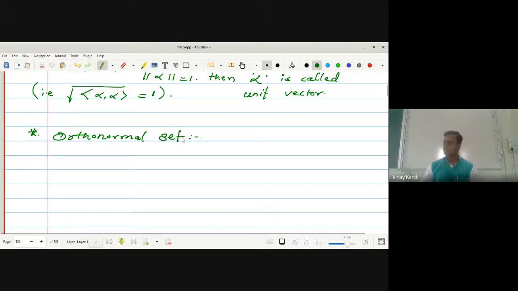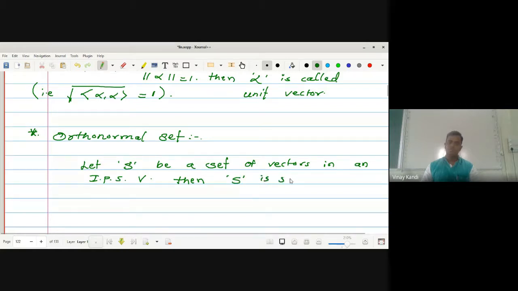Now the next definition is orthonormal set. Orthogonal is done, now the orthonormal set. Let S be a set of vectors in an inner product space V. Then S is said to be an orthonormal set if